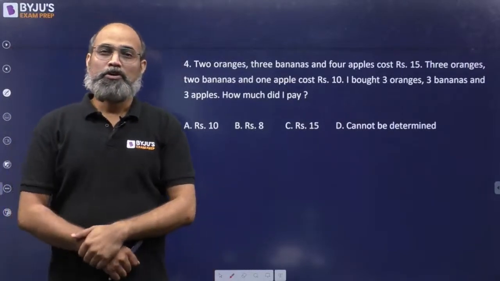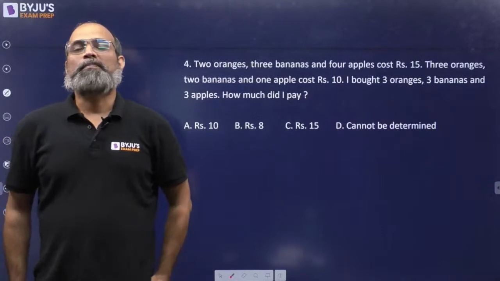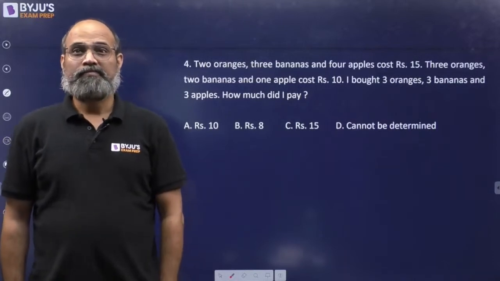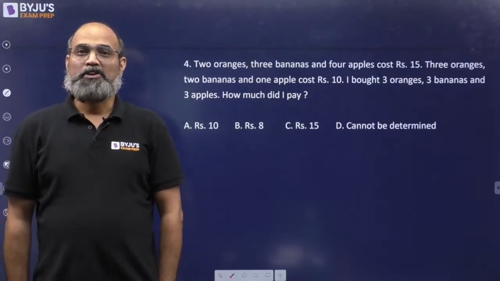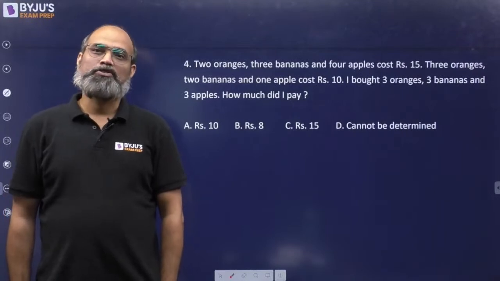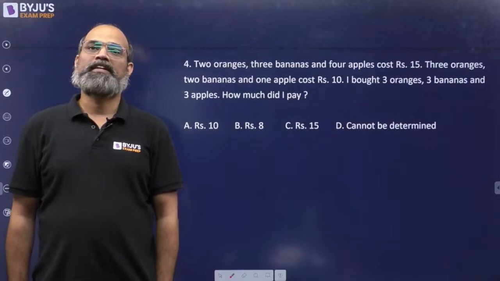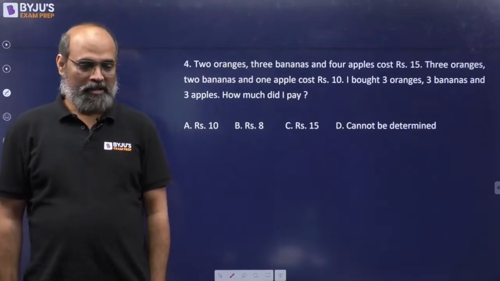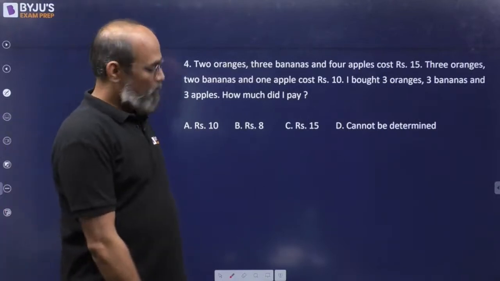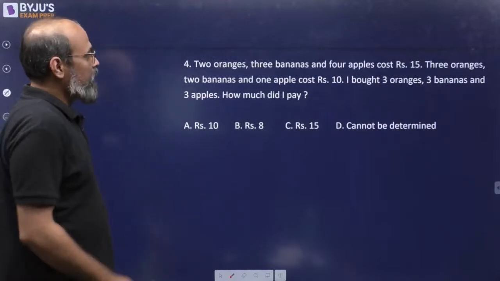Next question. 2 oranges, 3 bananas and 4 apples cost rupees 15. 3 oranges, 2 bananas and 1 apple cost rupees 10. I bought 3 oranges, 3 bananas and 3 apples. How much did I pay? Okay. So यहाँ पर आपको ये ध्यान रखना है कि